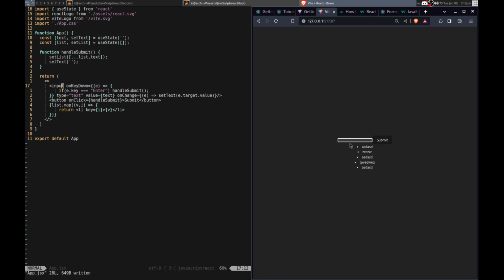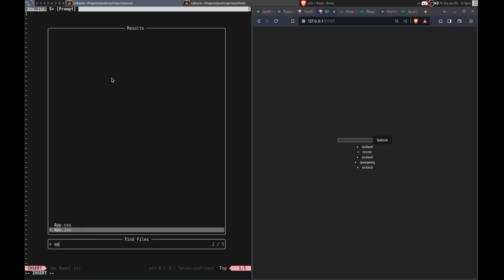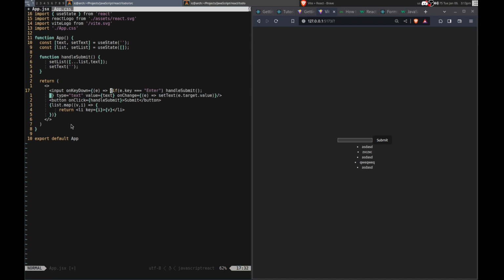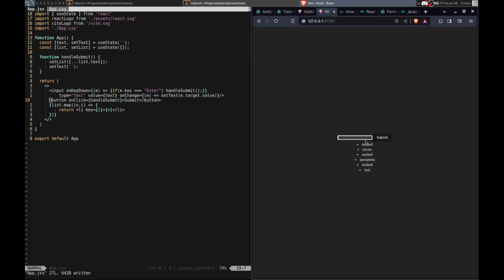Yeah, I don't want it to push it up though, so I think I need to use CSS for that, right? I think there is already app.css, so I can modify mine. First of all, I'm gonna put this up a bit. So let's do that. Maybe that's not actually better. I can fix that. Okay, that's fine. And the submit button still works. Okay.